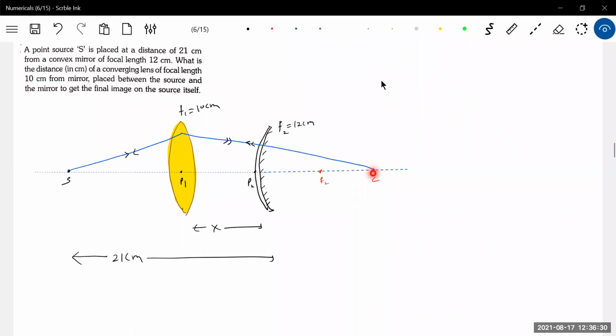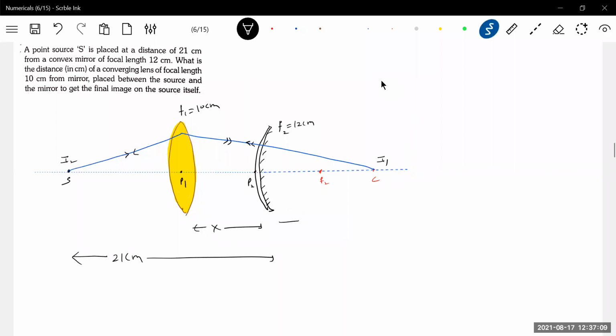Why can't they be parallel? Like in the previous problem, you said, the previous problem is previous problem. Now a convex lens is there. So the final image will be at the location of the source itself only when the rays retrace the path. Here the rays will undergo refraction. For them to retrace the path, the rays should be incident at the center of curvature. If then reflected, then from the principle of reversibility of light, the rays will come back. This is enough. Now get into the mathematics to prove this.